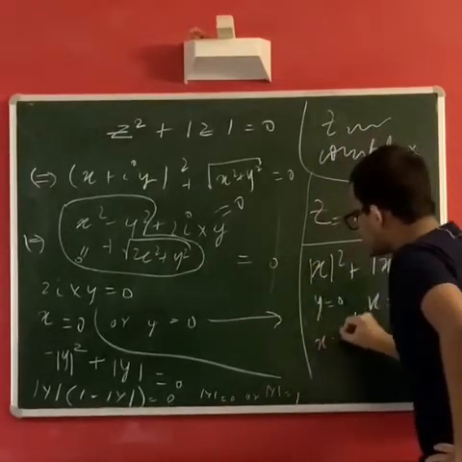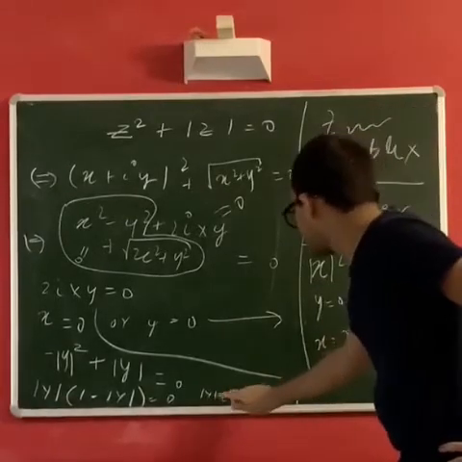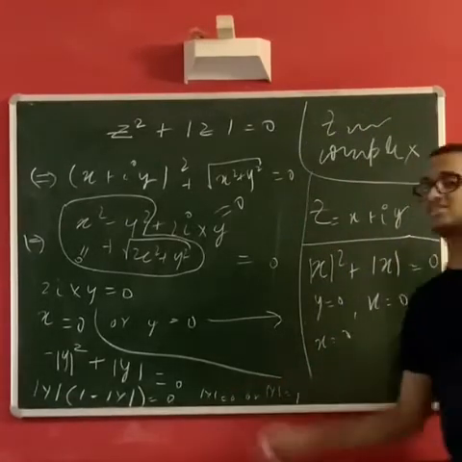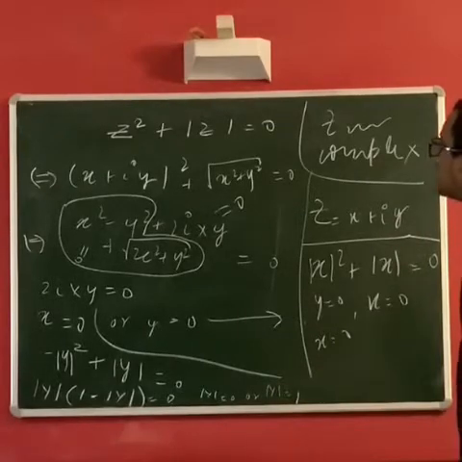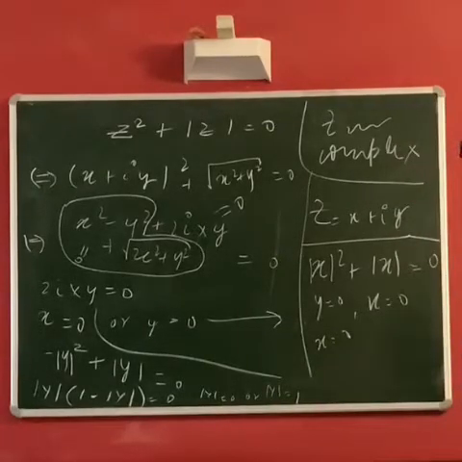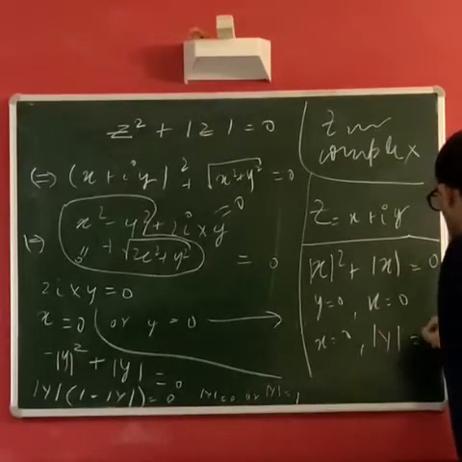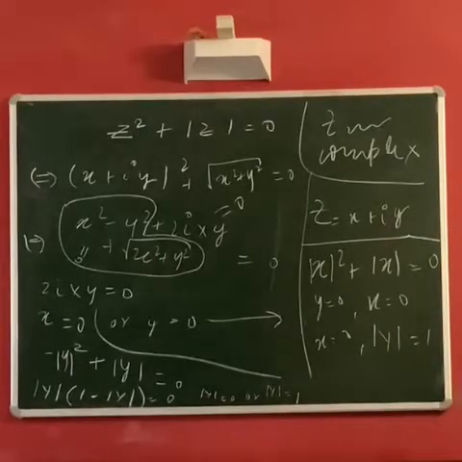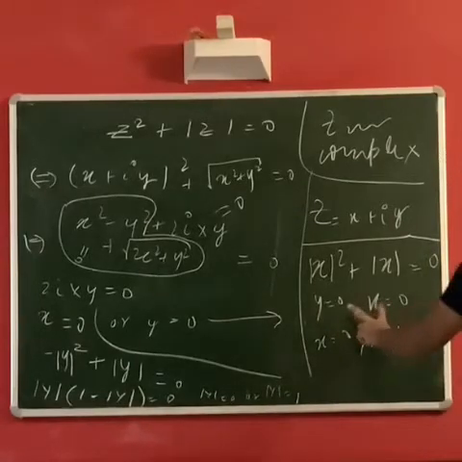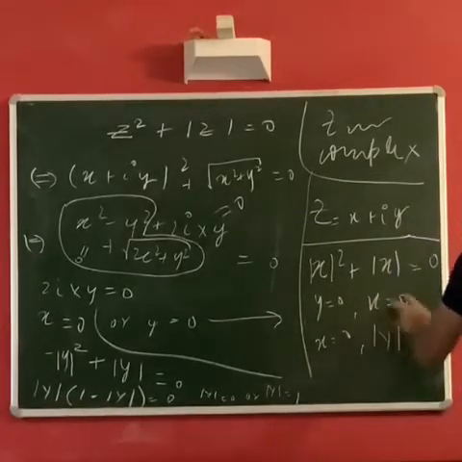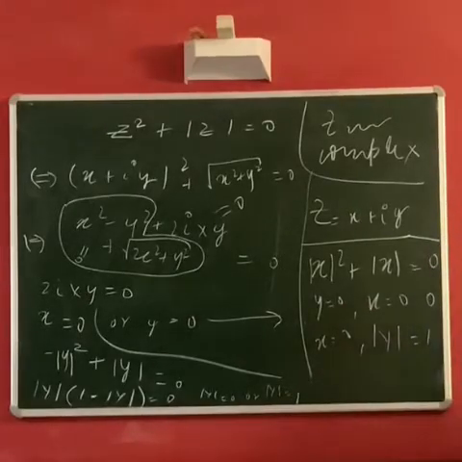And if x is 0, we know that mod y is either 0 or mod y is 1. Mod y is 0 is simply that y is 0, which we have already counted. And the other is mod y is 1. Now let's substitute and check whether all such solutions work, that is, you take any number of this form. So x equal to 0, y equal to 0 is the complex number 0, right? And x equal to 0, mod y equal to 1 is something we'll have a look at.